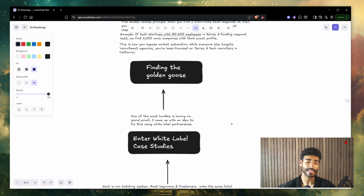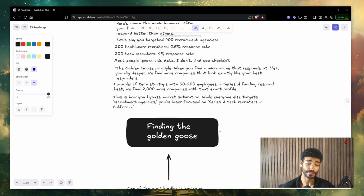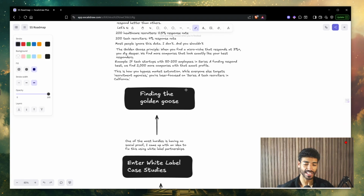Okay, so now the next step, this is called finding the golden goose. Now let me explain that. This is what I like to call the magic. This is exactly where the magic happens. So after your first batch, because if you remember, enter myoProcess batching technique,